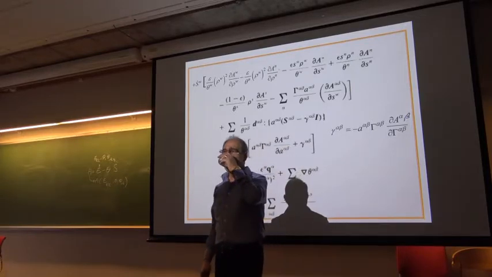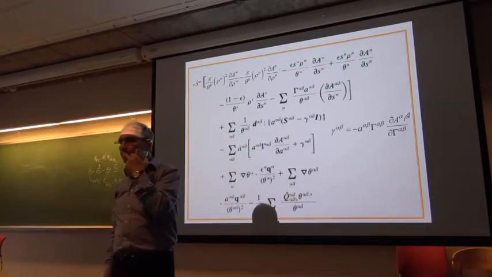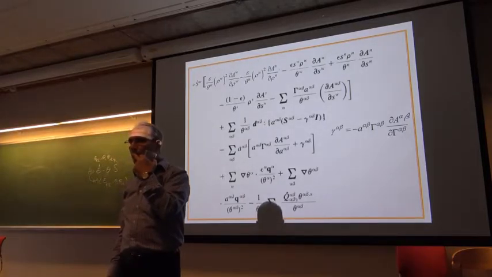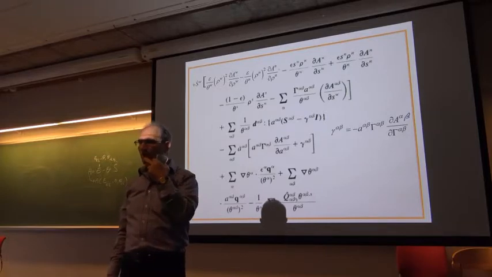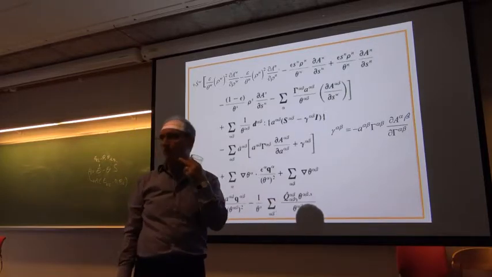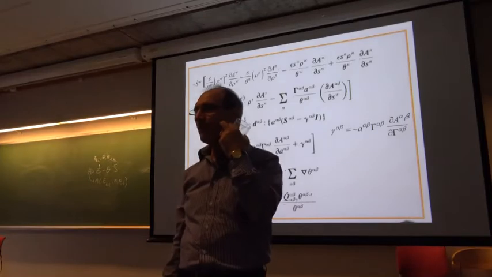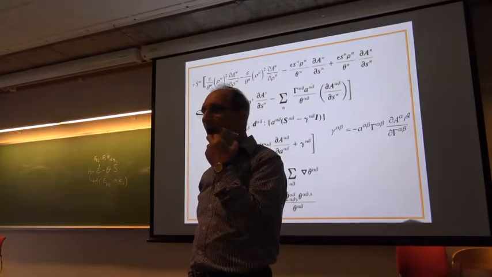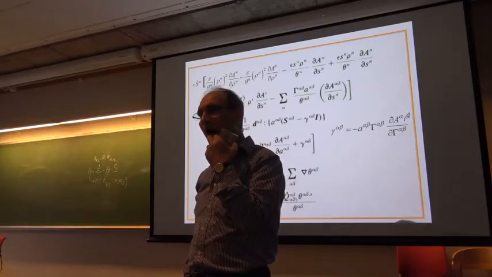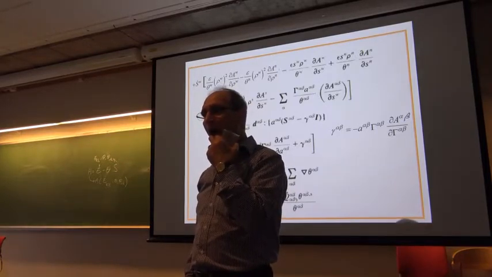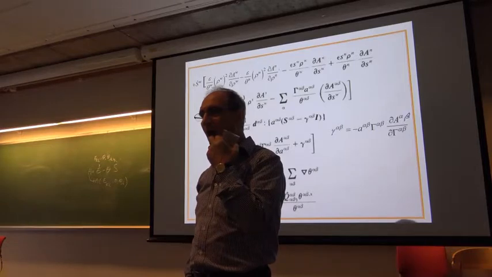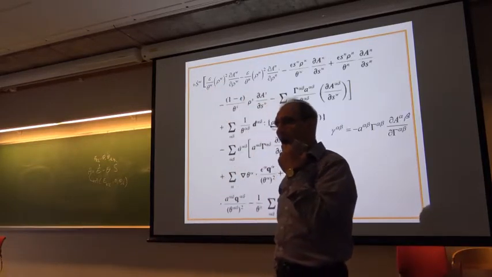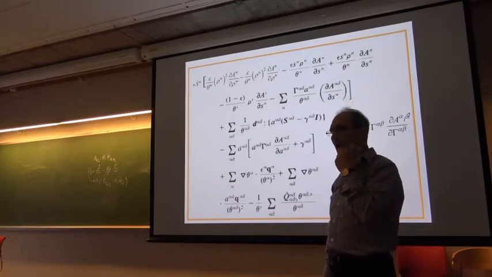Can I just say one thing? What you write down is actually the variation of the surface free energy with mass, and then you say, or with surface area. For a liquid, that indeed is equivalent. But for a solid, there are two ways you can change the surface area. One is by stretching it, and the other is by adding mass. For a liquid, if you stretch it, mass flows into the surface, and then it is equivalent. For a solid, it's not, and that's the point. So this expression probably gives you the surface free energy density, but it doesn't give you the surface stress.